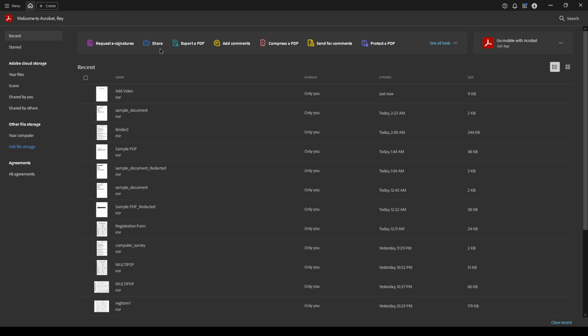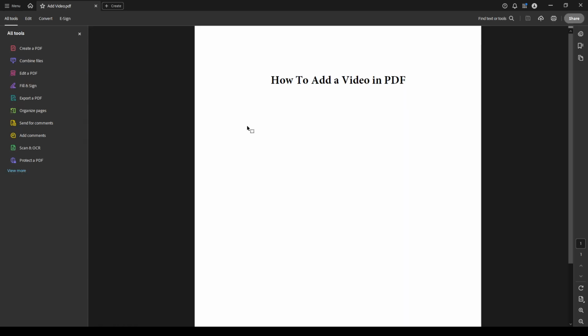Let's begin by opening the PDF file you want to work with in Adobe Acrobat Pro DC. Make sure the file you choose is the one you want to enhance with a video. Once your document is open, direct your attention to the upper left-hand corner of your screen. Here, you'll find the All Tools option nestled among the menu options available. Go ahead and click on All Tools to open up a full suite of features that Adobe Acrobat Pro DC